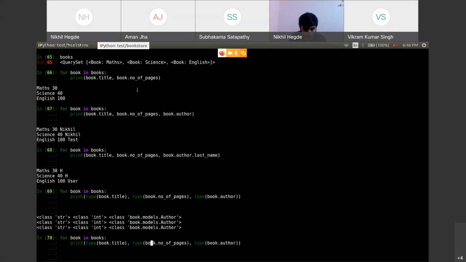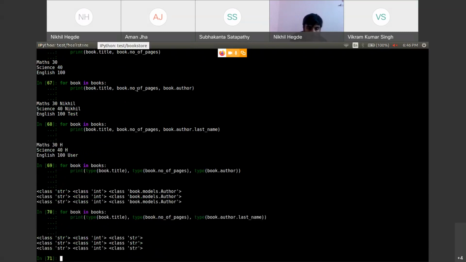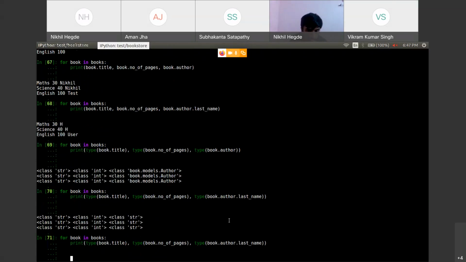So now if I do book.author.last name, here you can see that the type is string, because I'm not accessing the object directly. I'm accessing the last name attribute from this book.author object. Got it? This is how you should extract the information from another table.